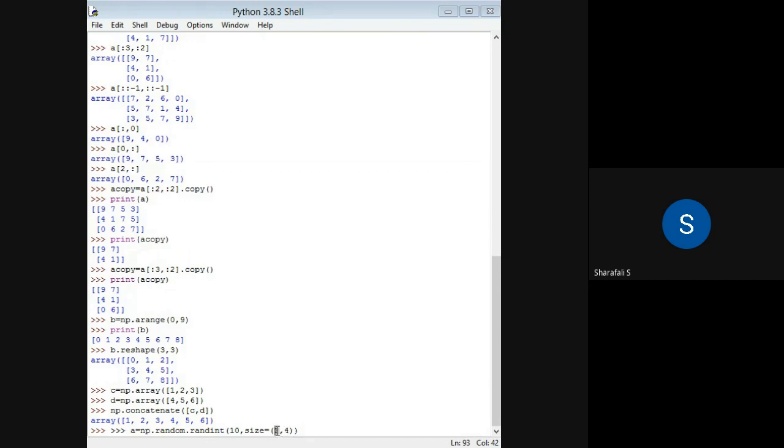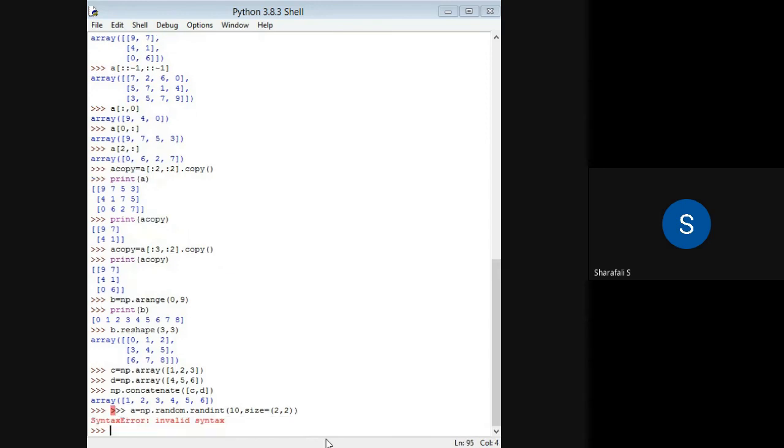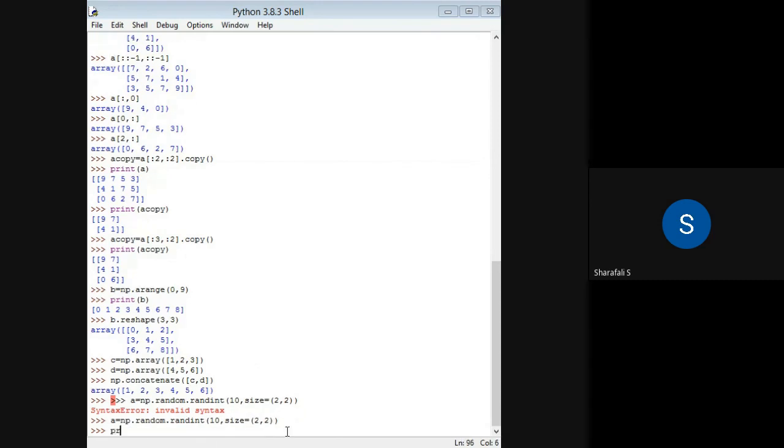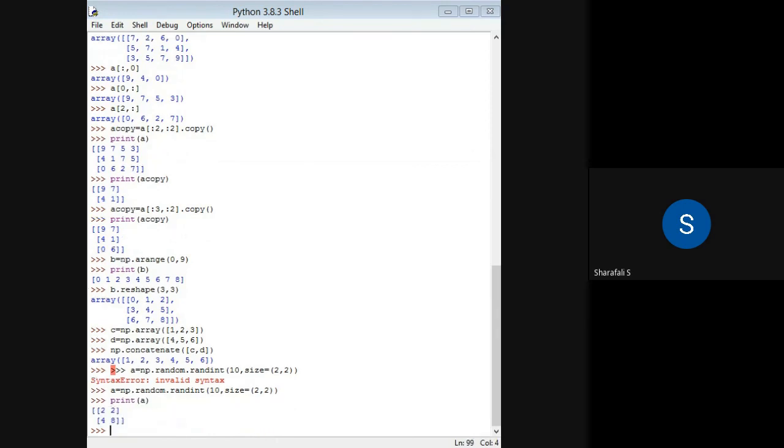So let me consider a 2 by 2 case. Then print. You can see this is a 2 by 2 matrix or array.